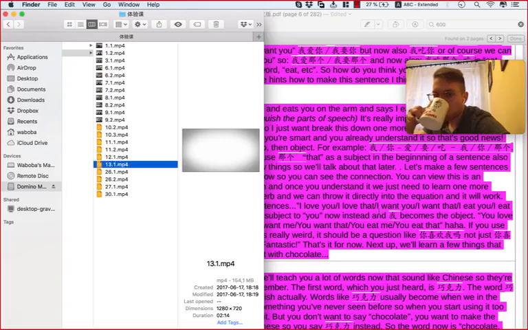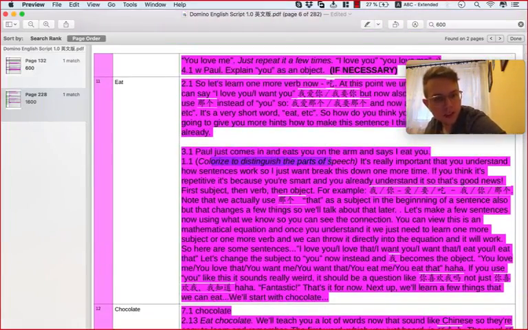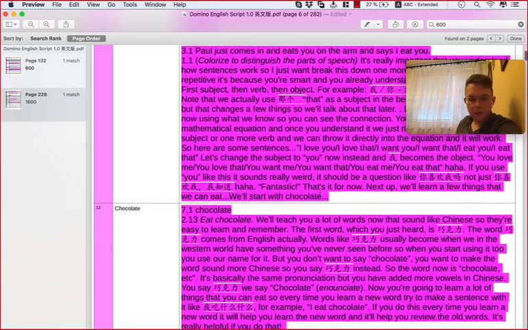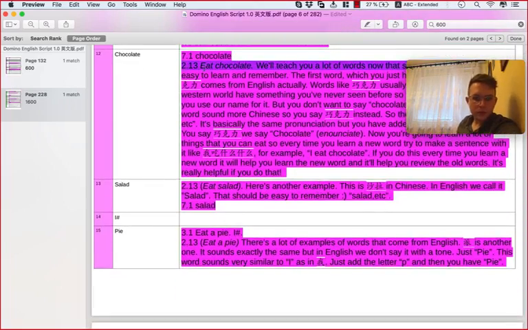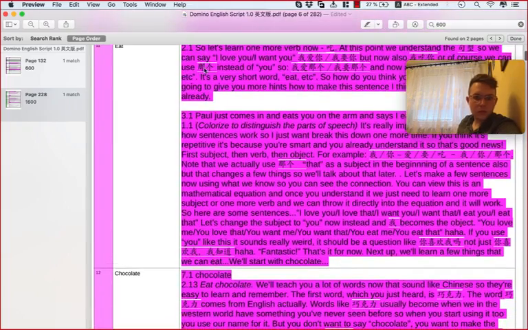Let's skip that. Okay. So I colorized to distinguish the parts of speech, subject, verb, and object, and I drew different strings between them so you can make sentences like this, and so on. Okay, and then now I know I told you never to teach nouns, but I think it's